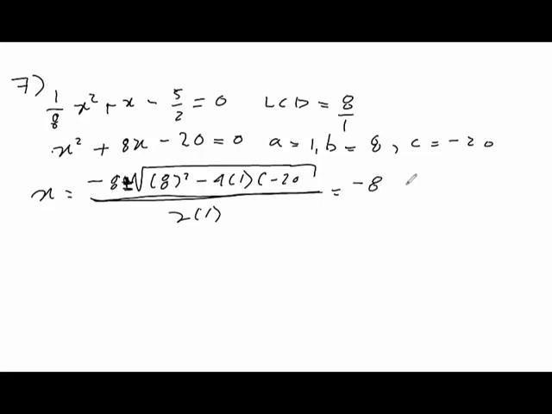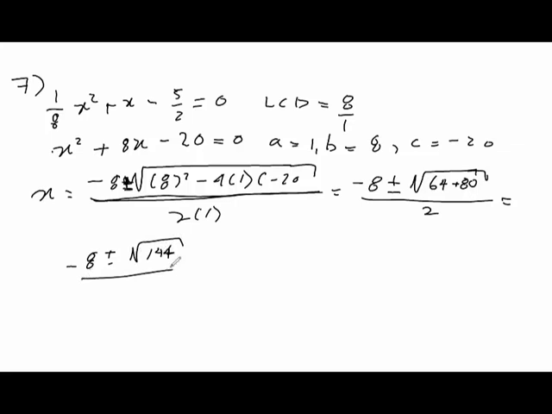Negative 8 plus or minus, because those are going to give us our two answers, the square root of 64 plus 80, all over 2, and that's going to give us negative 8 plus or minus the square root of 144 all over 2,